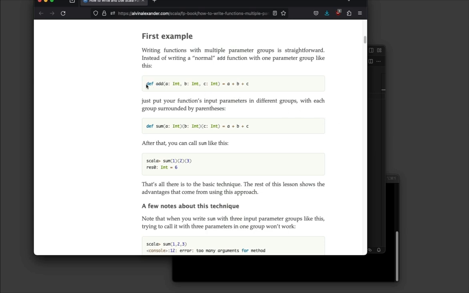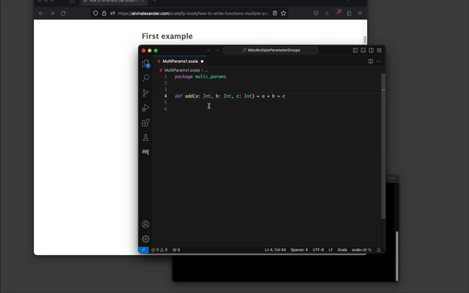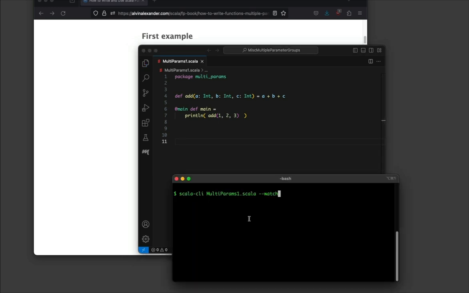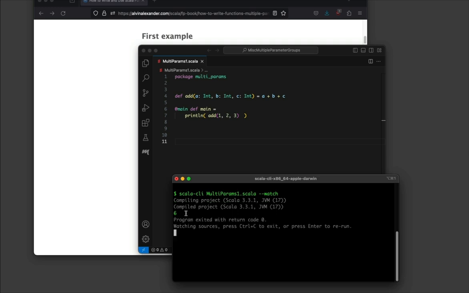So just to show something fairly simple to get started, we will start with this code right here and paste that in. Now we just need a little main method here, so we'll just call this one main. And what I just want to do is show that when we call add, we pass in 3 input parameter values like that, and just give a little more space down there. Save that, and let's come over here and start that compiling. And you can see we get the result 6 right there, which is what we expected when we add these